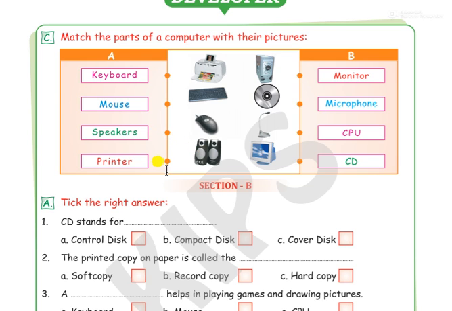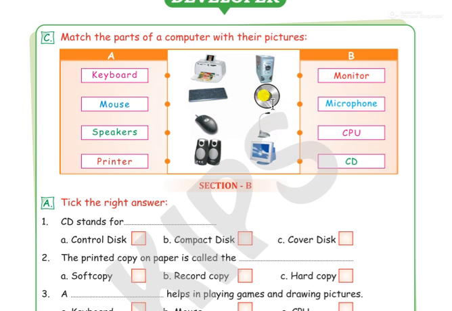And at last printer is remaining. So last is printer, and in the picture the first one is printer. So you will draw the line from printer to this last. Okay, last option. Now from this side, first is monitor, and here in the picture last is monitor. So you draw monitor from here to this. Then microphone. Where is microphone? This mic, can you see? This is called microphone. So you will draw this line to microphone.